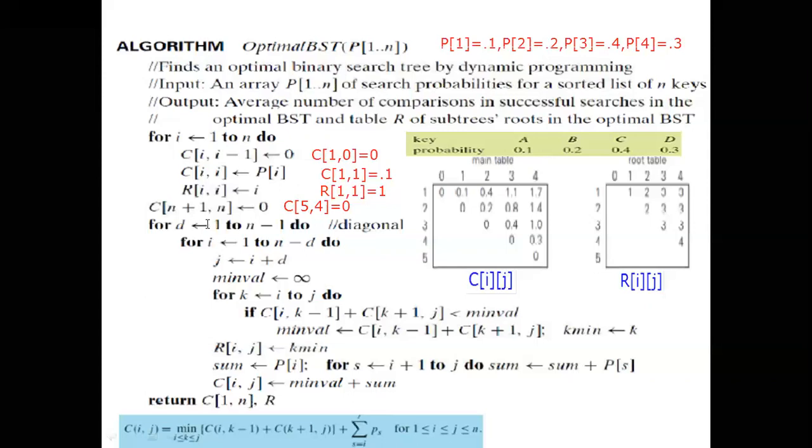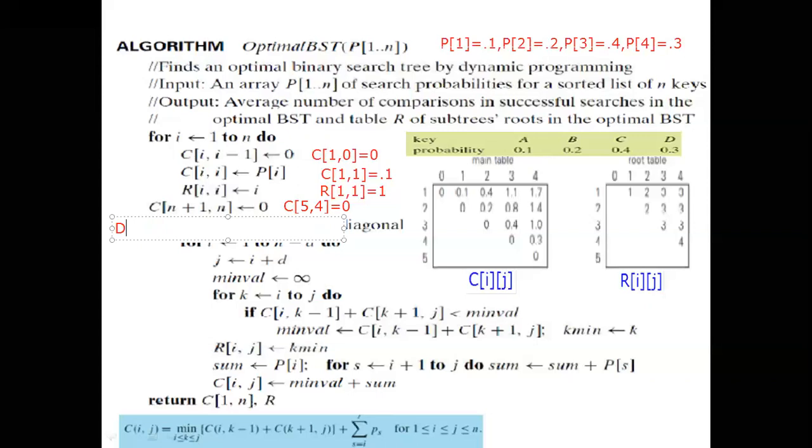You see this particular loop: for d is equal to 1 to n minus 1. What is n? 4. 4 minus 1 is 3. That means 1 to 3 it will execute. D is equal to 1, next diagonal it is going to fill, the third diagonal. D is equal to 2, its next diagonal. D is equal to 3, that is the last one because n minus 1, 4 minus 1 it is 3. The last diagonal is going to fill. I will write it here. D value is from 1 to